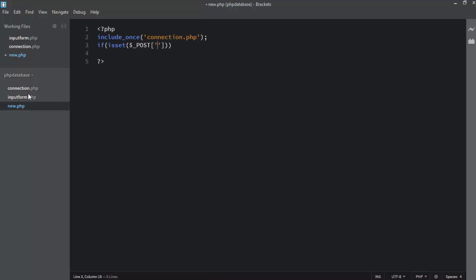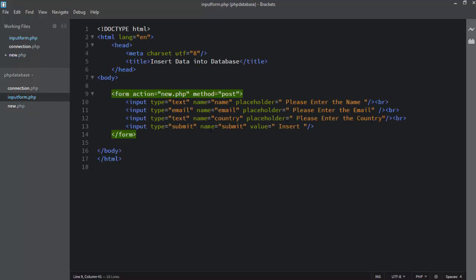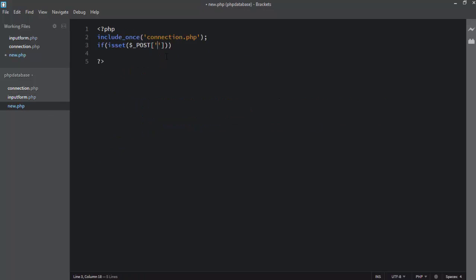For example, I open my input form file, and here I use the name of the input submit button. So I copy it and go to my new file and paste it. If any user clicks on the button, then come below inside these brackets, and then